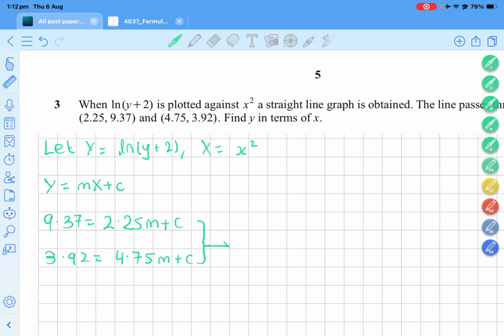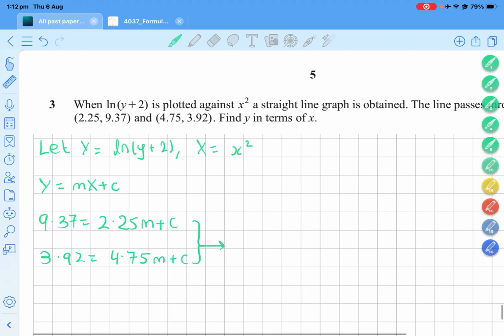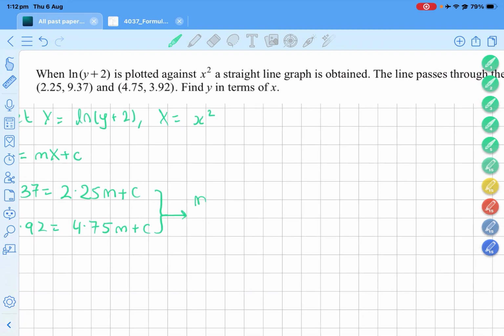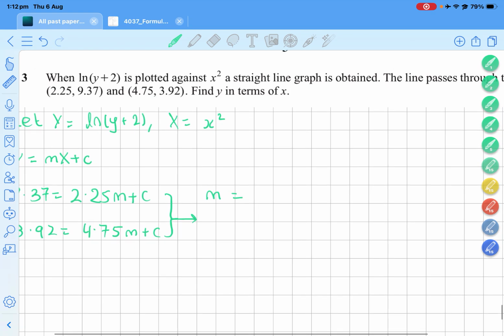So what does this all mean in the first place? Does that mean that I can find a simultaneous equation? You guys will need to solve this, but I'm just going to put it into a calculator to save time. So 9.37 and then 4.75. Since it was a calculator paper, technically you could use one, but it's preferable not to. So m is coming out to be, it doesn't mention anything about the answers being in decimals, minus 2.18, and then